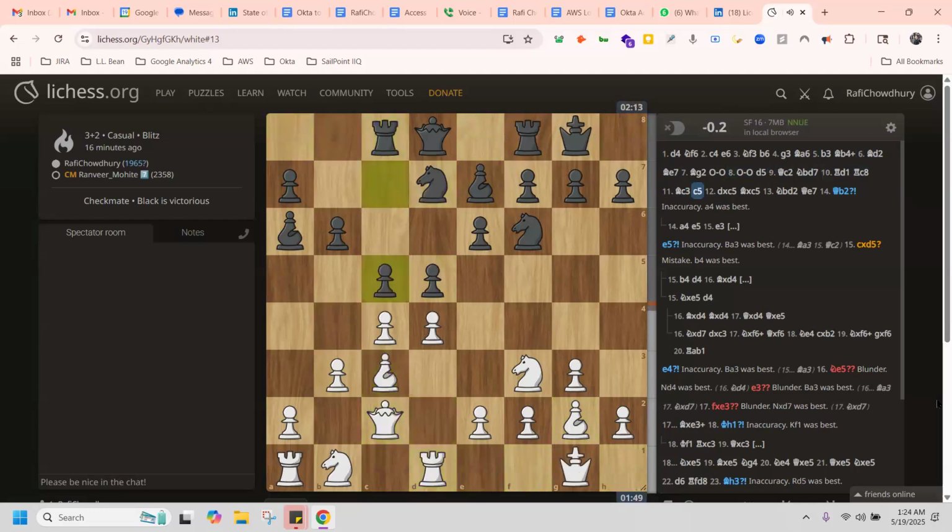Now here, moves like rook c8, c5. These two moves, I would say, are moves I'm anyway going to make in the position, so I could try to play them a little faster. Maybe another move I could play, if let's say I don't know what to do in such a position with black, and it's my turn,